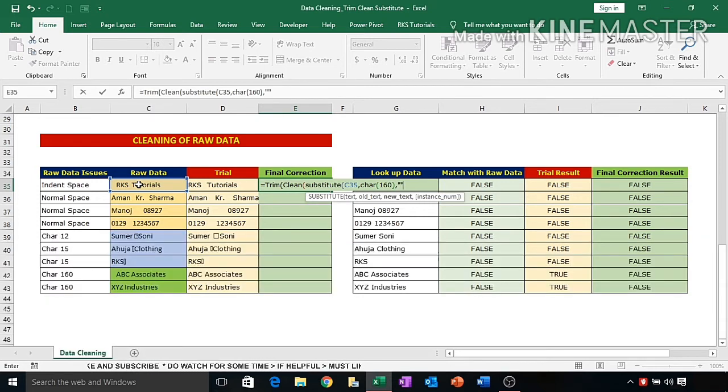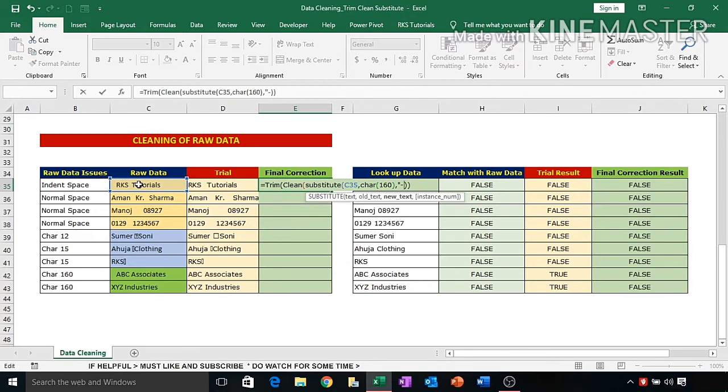If you want, instead of blank you can use any particular character, like we will show you as an example. Instead of blank we are applying a dash here, and close the bracket once more and press Enter.